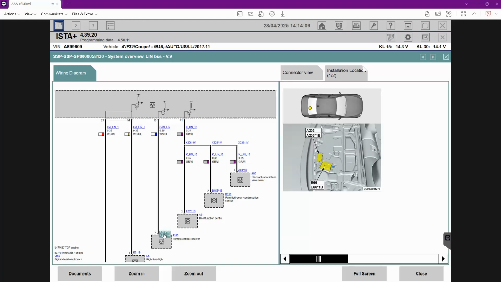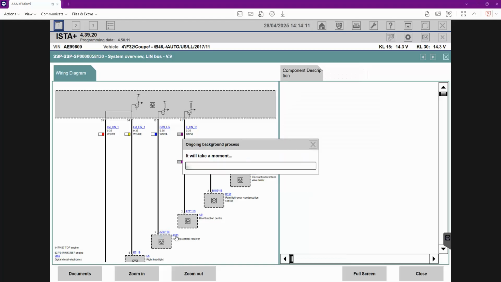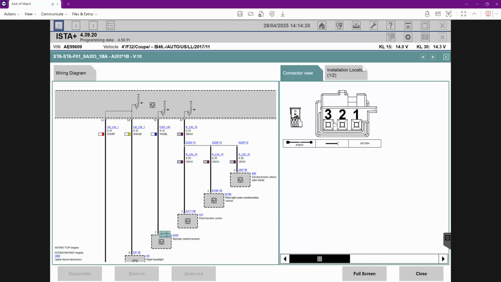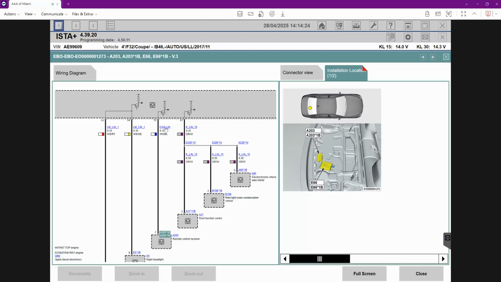Alright, it shows the same location. And this one we click. See? And that one right here, the same thing. You click the two of them, you can see the changes on the screen over to the right hand side. See? And you can look at the connector view. You can tell it's a 3-pin connector. See? Alright, boom. Alright, so we can click CAS link, so we click the hyperlink here